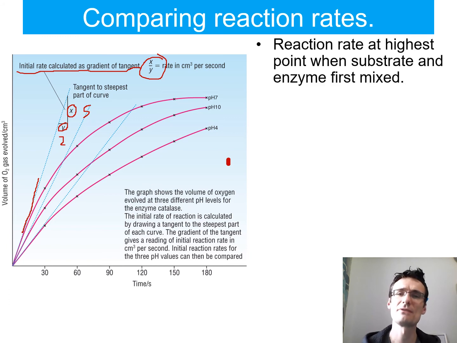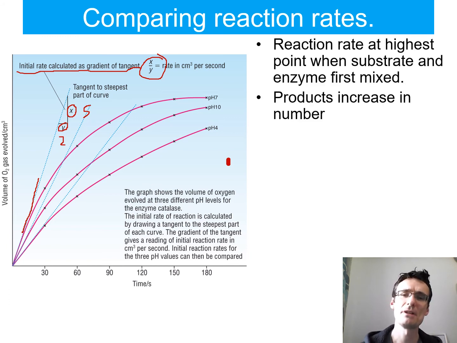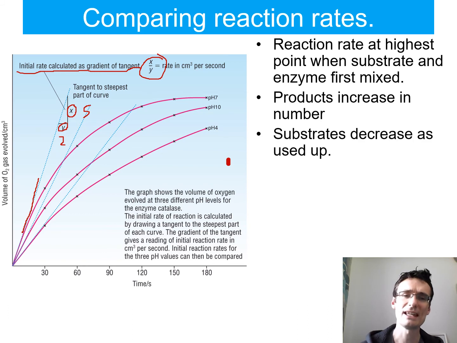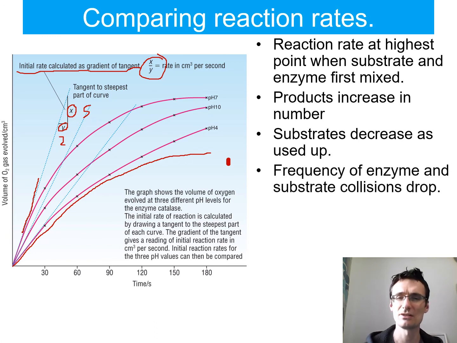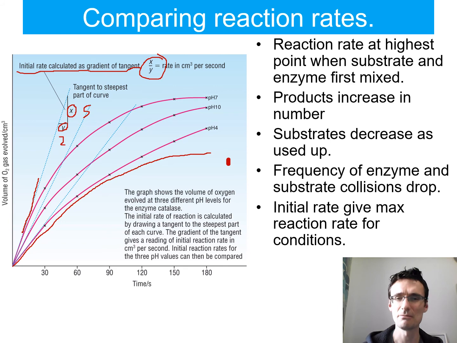The rate of reaction is always fastest at the start, and that's when our product numbers increase the most. Obviously, any reaction, and this is really a GCSE question, you expect to see that increase, and then it slowly plateaus because the substrates will be used up, and therefore you'd have less to go into the active sites, and that would be that. Okay, so we always use the initial rate, which gives us the maximum rate of reaction,